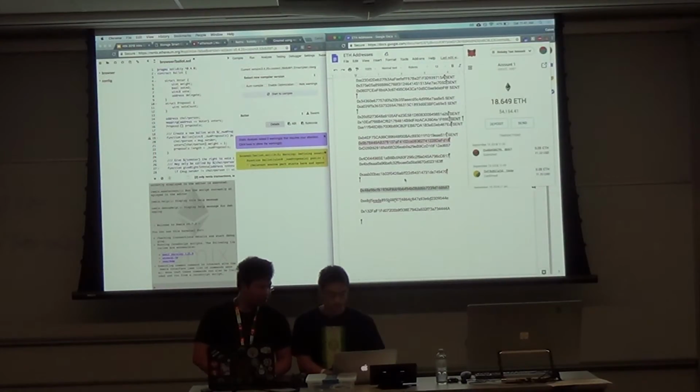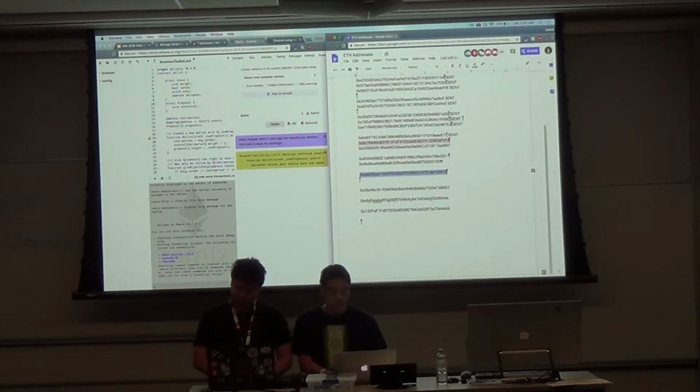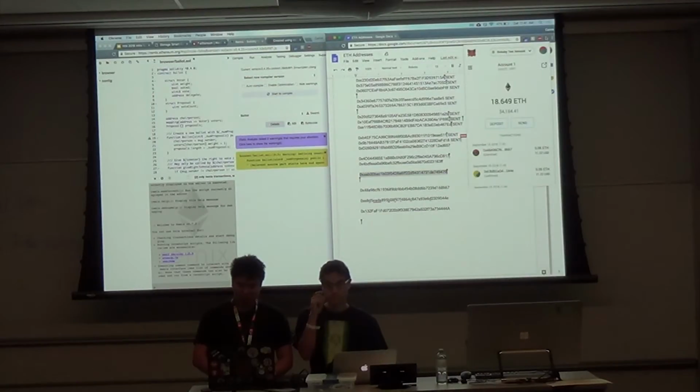Should it update right away? No, it takes a while. Recall how we talked about blocks having to be accepted in the network.